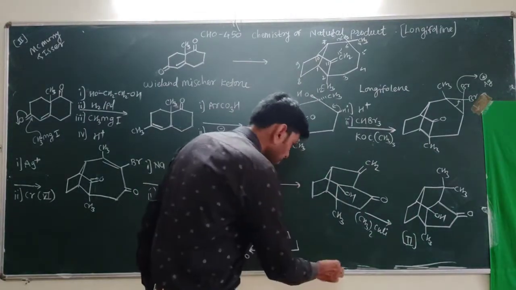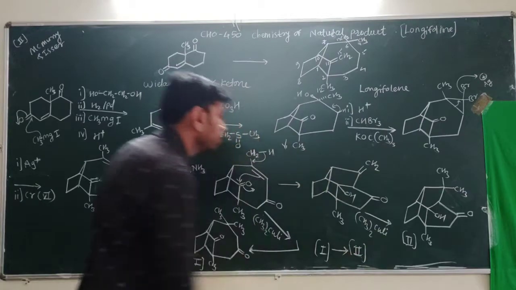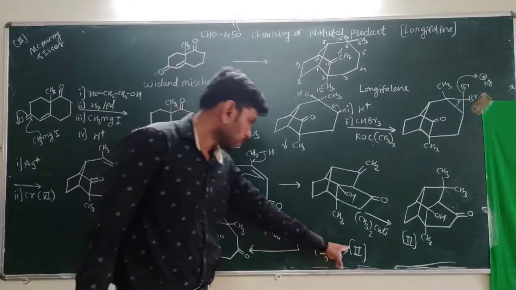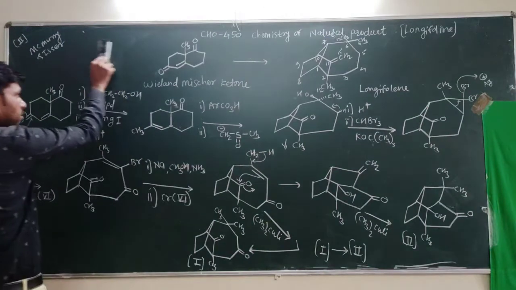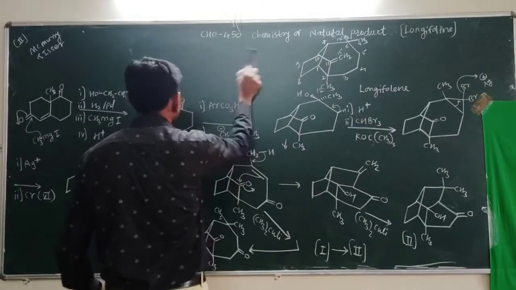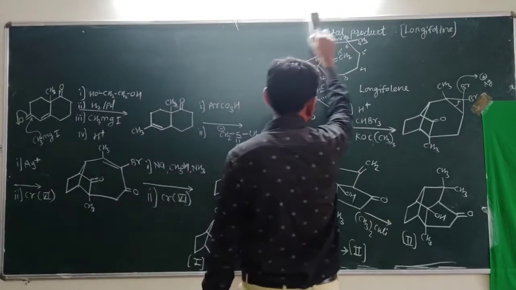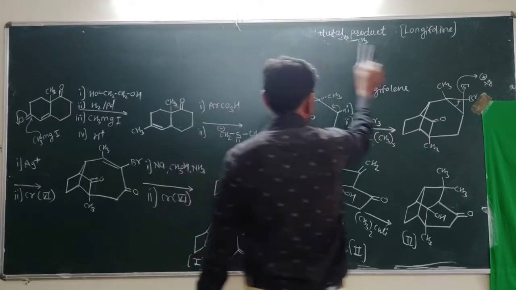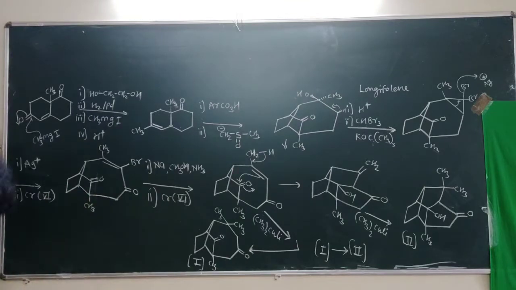So we have to perform here first convert into second. So we have to try with the second one. Okay, we have to try with the second one. So the second one is our next product or next intermediate to react. So in order to react, we are taking this second one. I am writing here above.